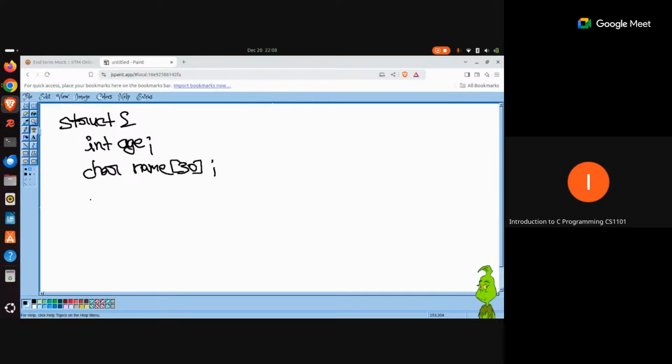Let's say tomorrow it is going to accept the roll number as well, I can even accept roll number here. Now all these 3 variables, I'm repeating it again, are becoming a part of a single variable.